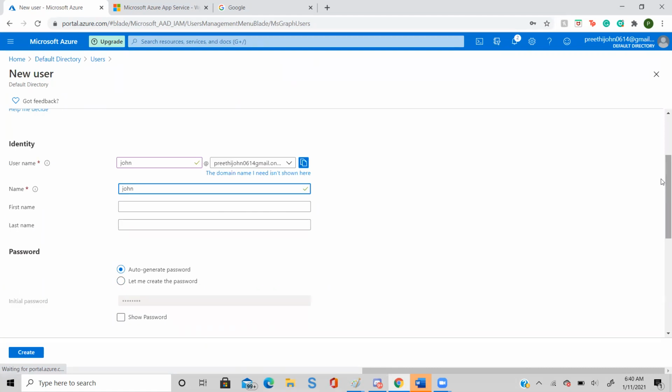Now let's create a password for the user. Very good. Scroll down. All done. Let's create the user.